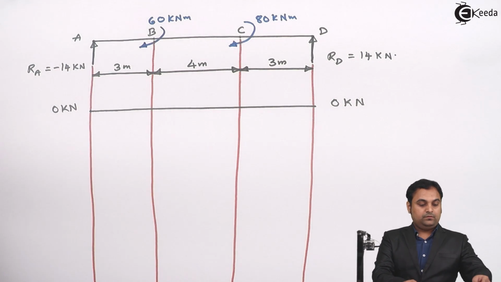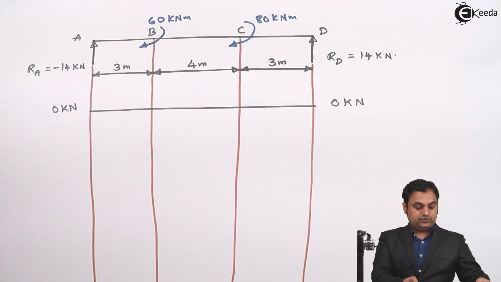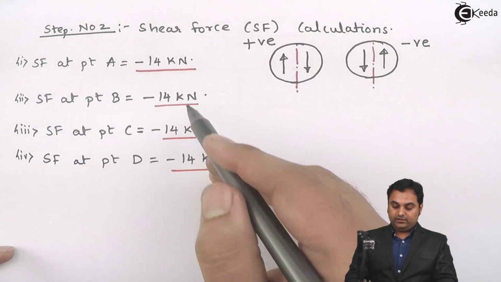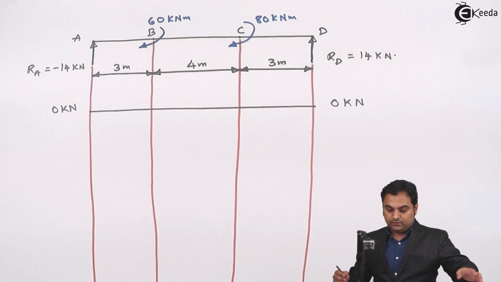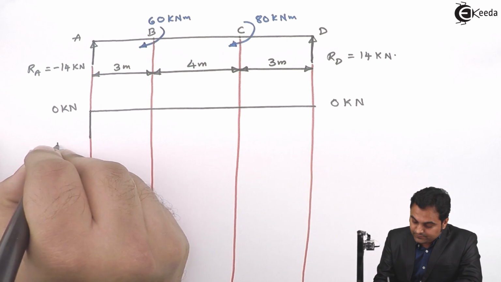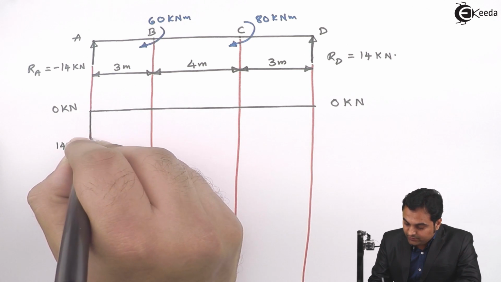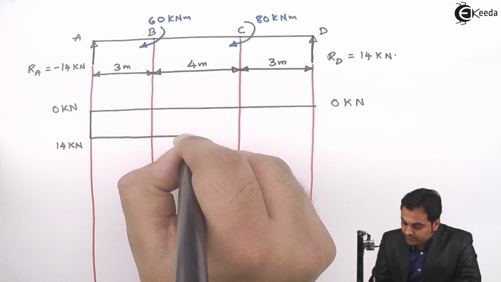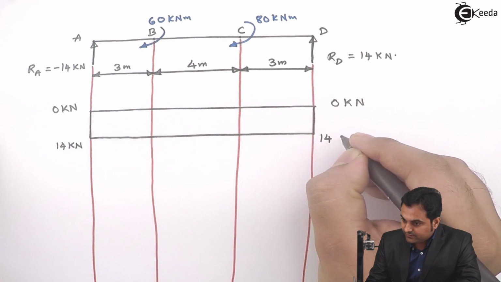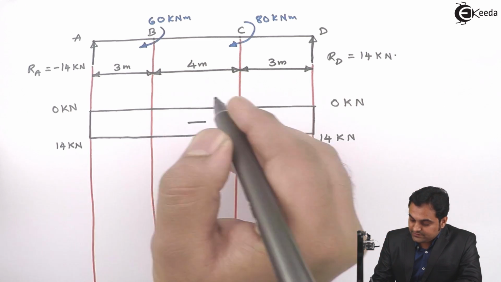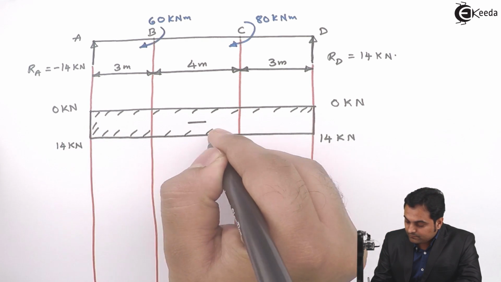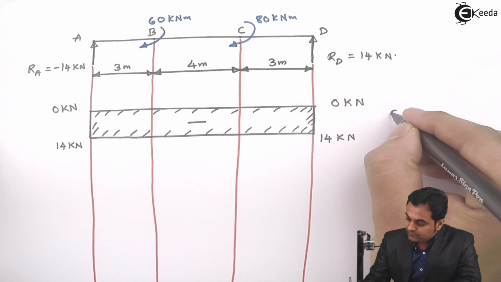Then the values of shear forces at each of the locations are the same here, that is minus 14 kilonewton. So from 0 to minus 14 I plotted downwards, and this minus 14 kilonewton will continue from A to B up to C and finally up to D. It means shear force is a rectangle here, minus, so this is the shear force diagram